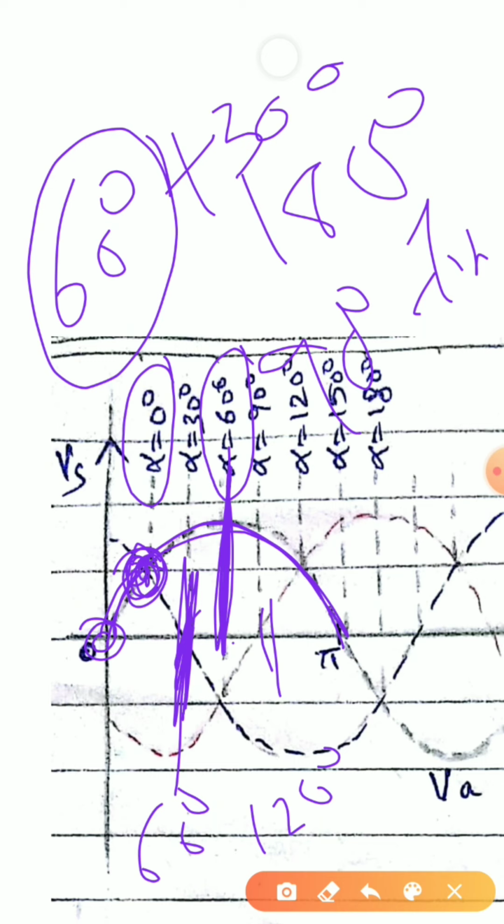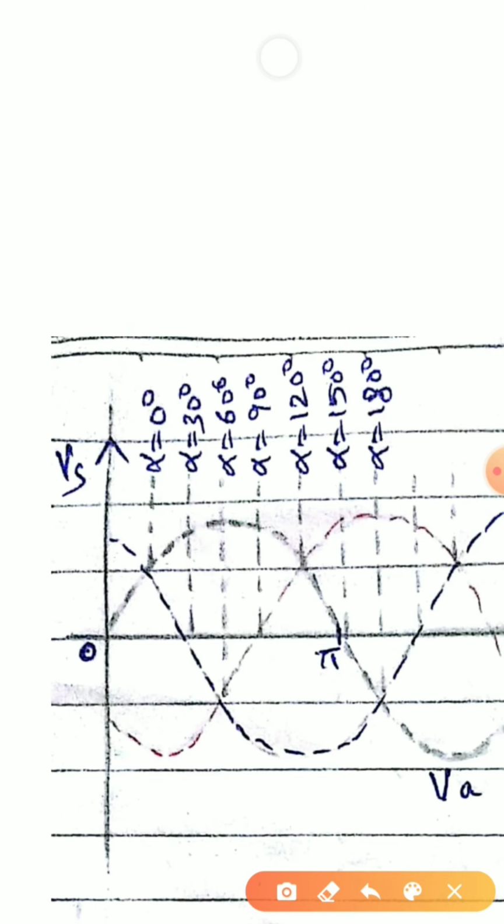We can clearly see that if I am giving a firing pulse at 60 degree plus 30, that is at 90 degree, it will start conduction. From this waveform it is quite clear that if I am giving a firing pulse at 120 degree, now this is my 120 degree, plus 30 degree, it will start conduction only at this point. That is, my thyristor will turn on at this point only, and I will get only this much portion of the waveform.